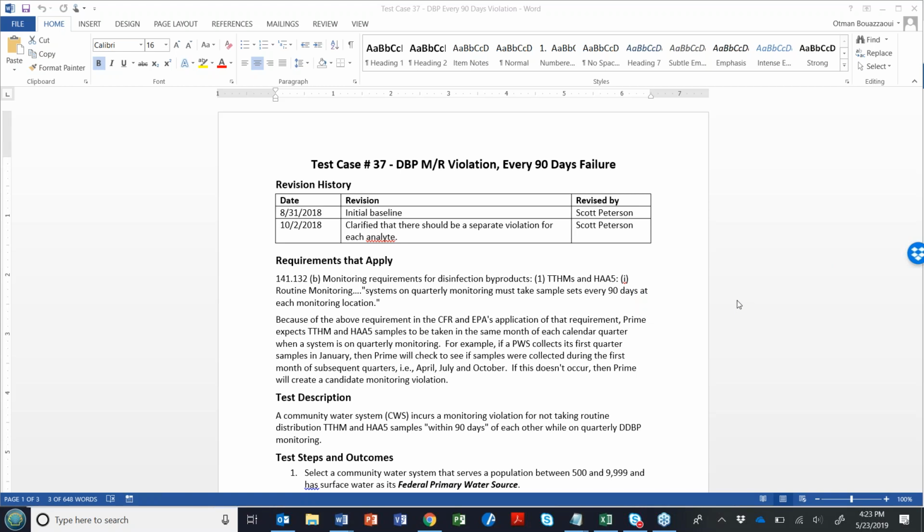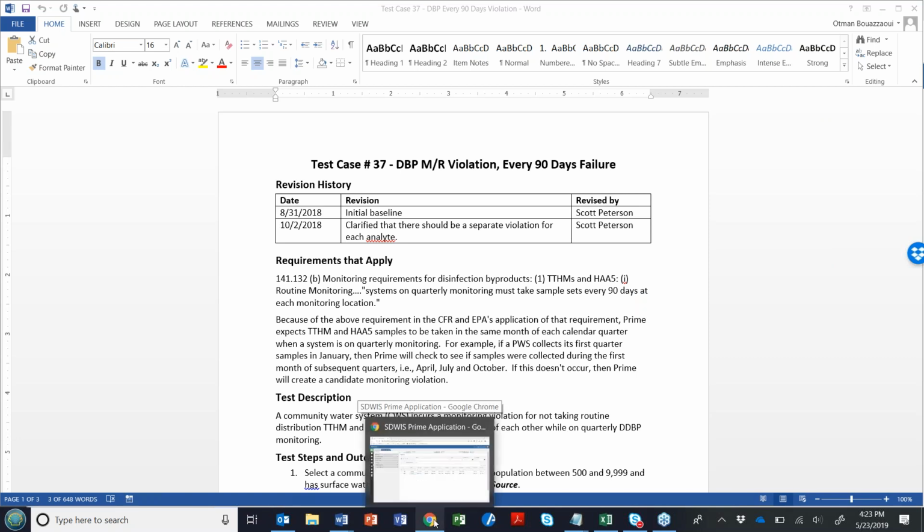One question was, some folks noticed that you entered total results for the totals rather than just entering the individual trihalomethanes and individual haloacetic acids. So the question was, will we be able to enter just the individual results and still have the system determine compliance?